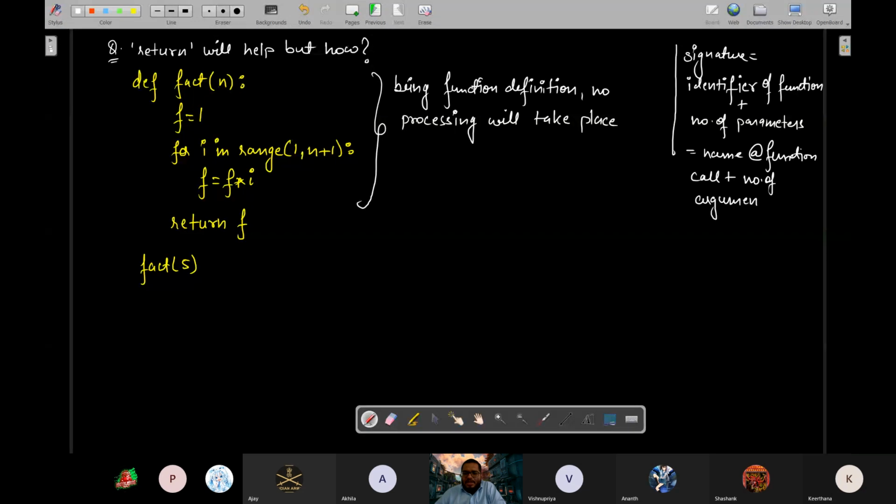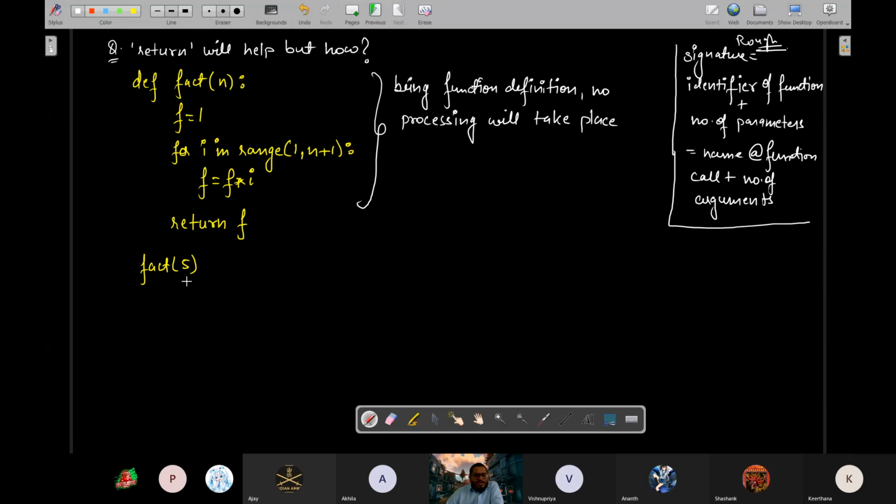So that means, in general, the name of the identifier of the function must exactly match the function call, and the number of values it has to accept must match; if you are not sending the same number of values while calling the function, that means the number of parameters is not equal to the number of arguments. Until the name equals the identifier name of the function, the function call won't be successful. So remember this. Okay, so this is your rough area, just so that you can remember later.